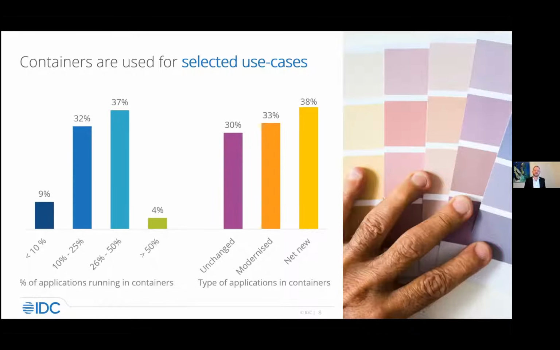We also see modernized, so existing applications that are modernized, containerized in order to get all of this flexibility and so forth that we briefly talked about. But we also see 30% of the applications are actually unchanged. So it's just taking the old application, encapsulating it, containerizing it, and for management and orchestration purposes, or for compliance, or for other purposes, it is put into a container rather than running on a traditional infrastructure stack instead. So a lot of different use cases really that these can be used for, and I know Rob will talk more about specific use cases later on.